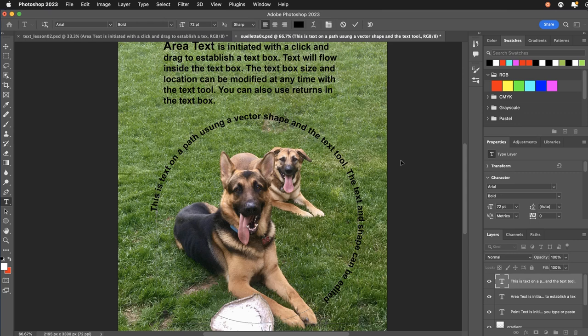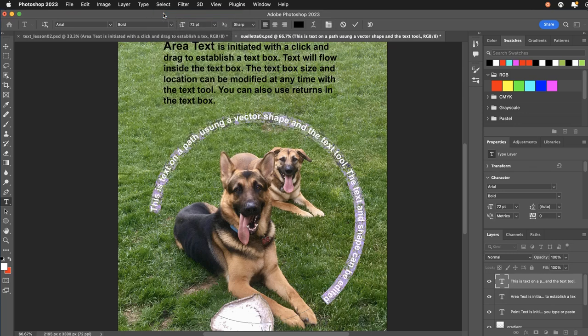Okay. So to make changes to the text, you can just go in and select part or all of it. Now if you go in there and partially select it and you want to make sure you get it all, I would recommend going select all to ensure. Now the way this line works is there's a start point and there's actually an end point. Because if you have too much text to fit on the circle, part of it could get hidden. So I'll show you that in a second, but right now just to edit this,